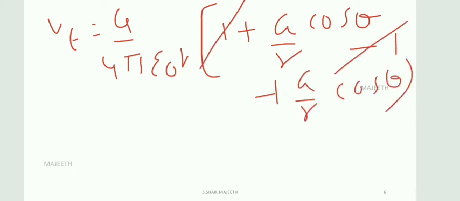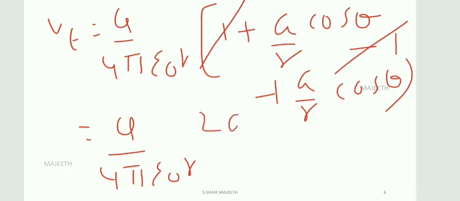So minus minus cancel. So it will be Q by 4 pi epsilon naught R. What I have here is A, so 2A. This A cos theta plus A cos theta by R, so 2A by R. Right? So if you simplify, what we get is